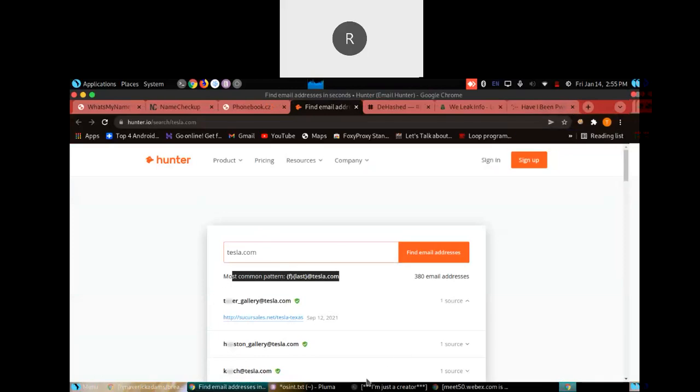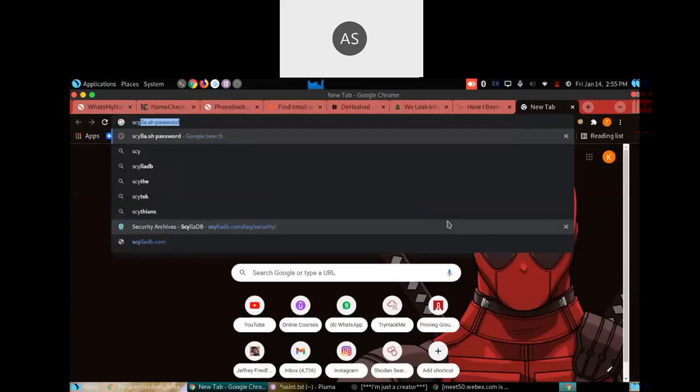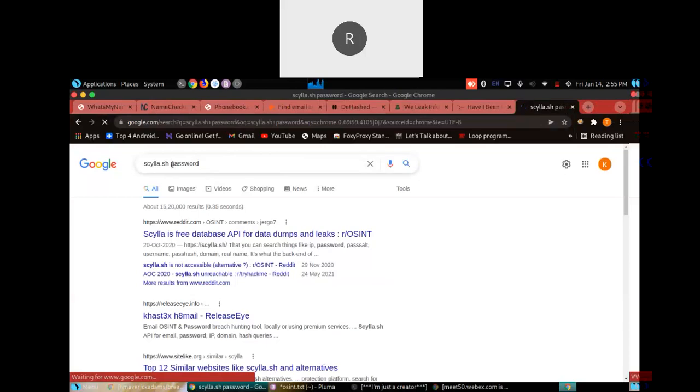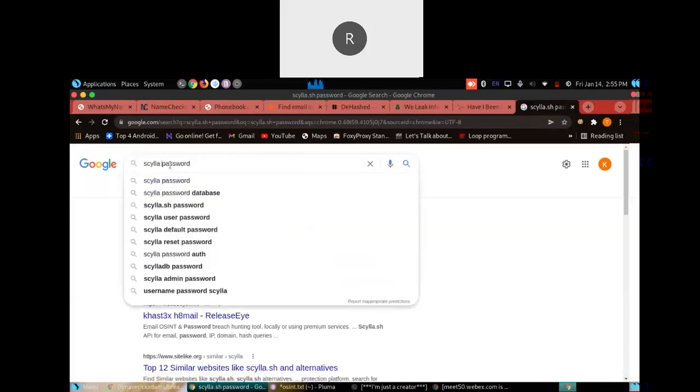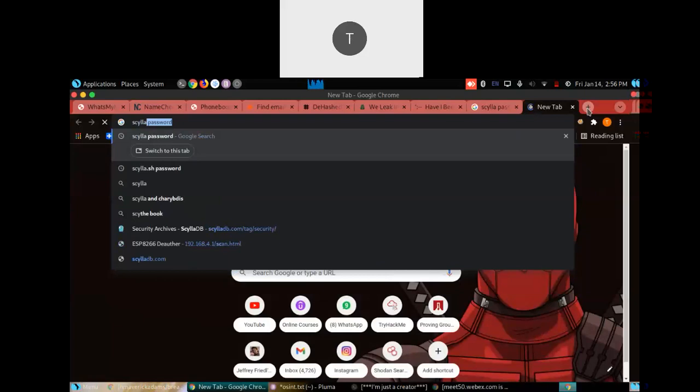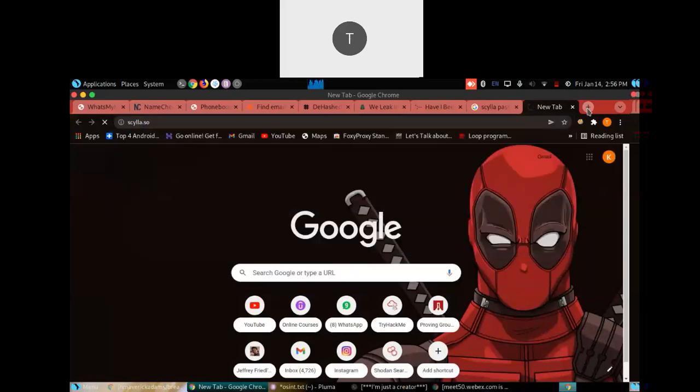There is one Git repo showing Scala to be used, like you showed breach parse. Sorry, there is one Git repo for Scala. Scala is a site. Is it Scala.so? It's showing something.